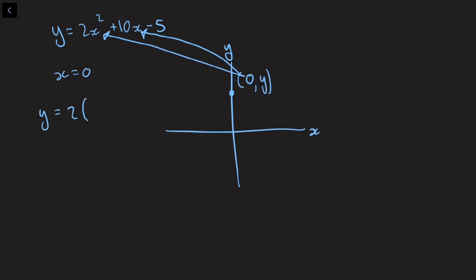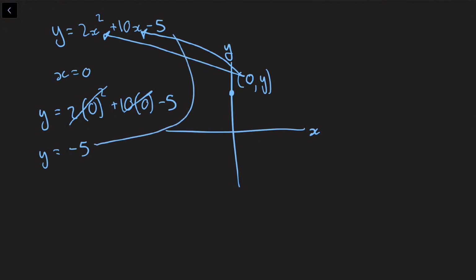So 2 times 0 to the power of 2 plus 10 times 0 minus 5. 0 to the power of 2 is just 0. 0 times 2 is 0. So this just cancels out. 10 times 0 is also 0. So this also cancels out. And negative 5 is all that's remaining. As you can see, the negative 5 equals that over there, which is the c as we discussed in the